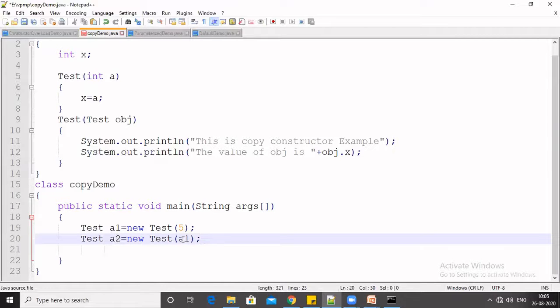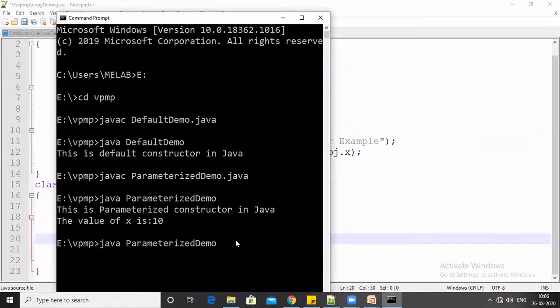That means the copy constructor is used to copy the data of a1 into the data of a2. When we run this program, it will show you the output like this: javac CopyDemo.java, and then java Copy.